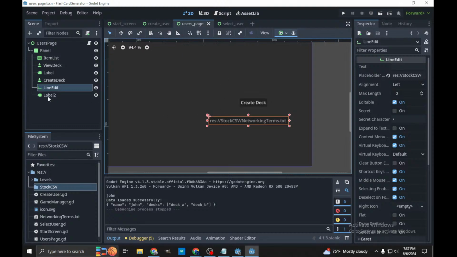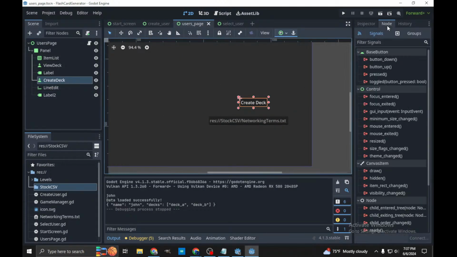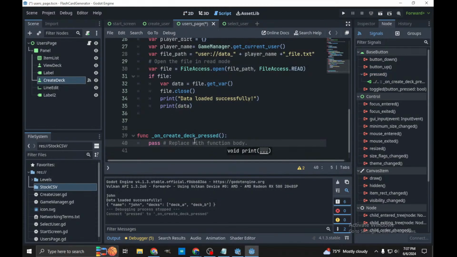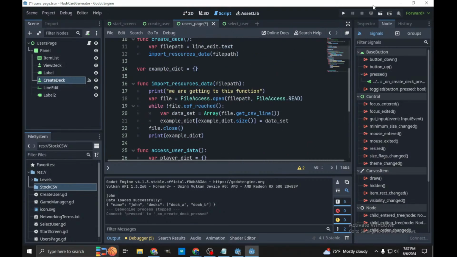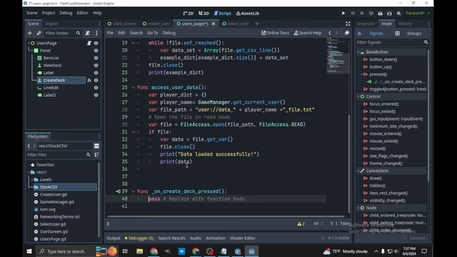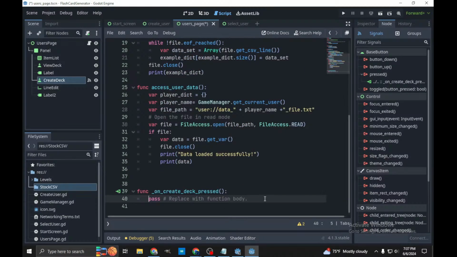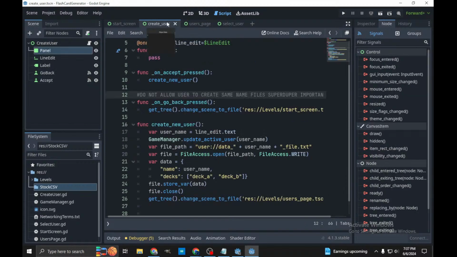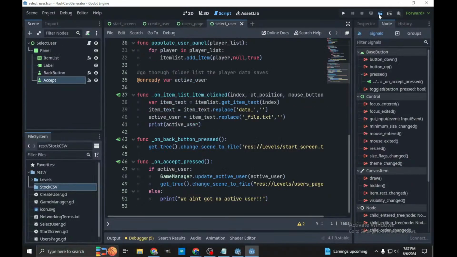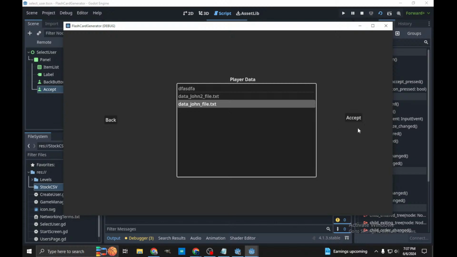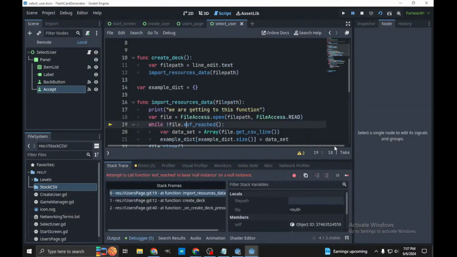Users page, create deck, press connect. Damn. Yeah, there we go. That would explain it. So then we're going to say create deck. Okay, let's try that again. So we're on the select user. We'll select good old John. We'll say create deck and